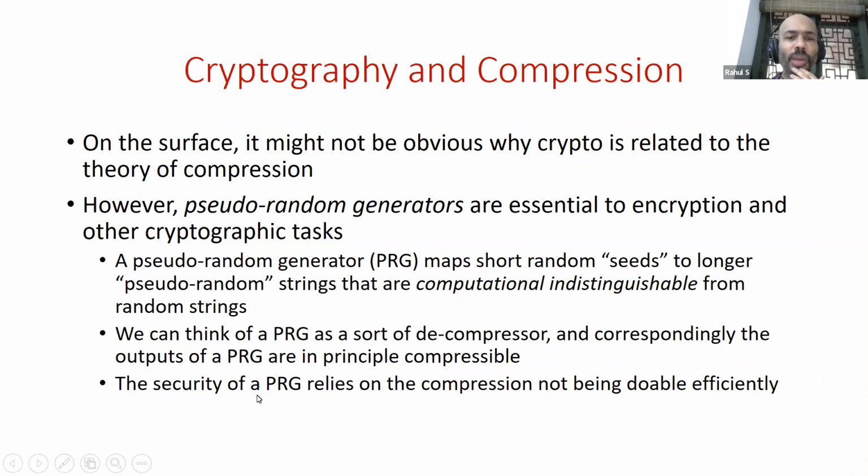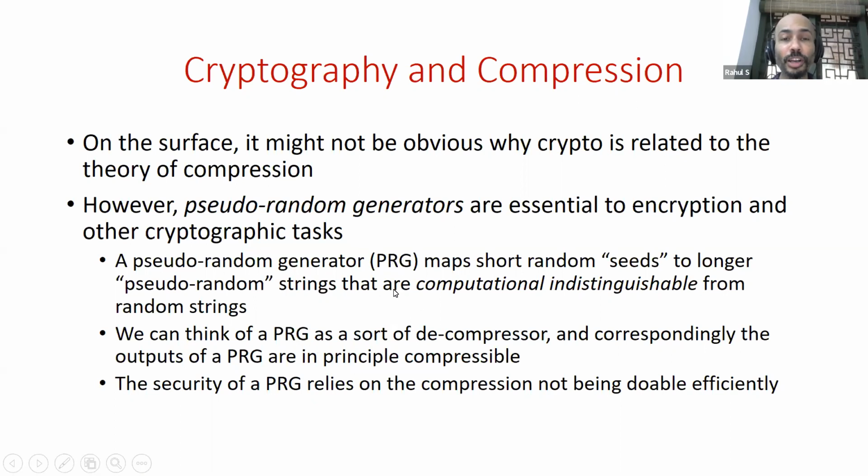So in a way, the security of a PRG relies on the compression not being doable efficiently. We can do the decompression efficiently. That's how you define the PRG. But if you could also do the compression efficiently, if you compress the pseudorandom strings back to their original random seeds, then that would distinguish random from pseudorandom, because when you apply this compressor to the output of the PRG, that would get you the short random seed, and you could verify that this is in fact the random seed that produced your string. When you apply this compressor to a purely random string, it won't do anything useful, because random strings just can't be compressed. So if you could compress efficiently, we'd be able to show the PRG is insecure.